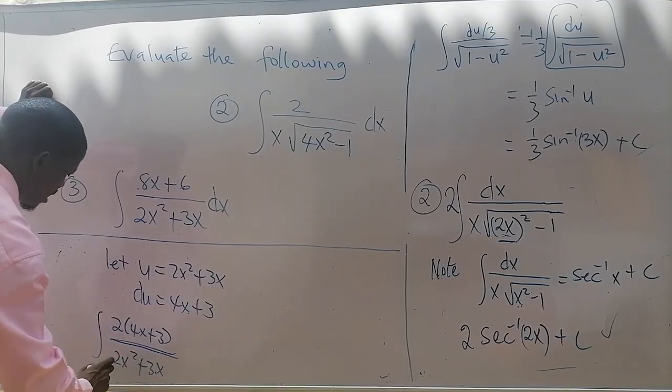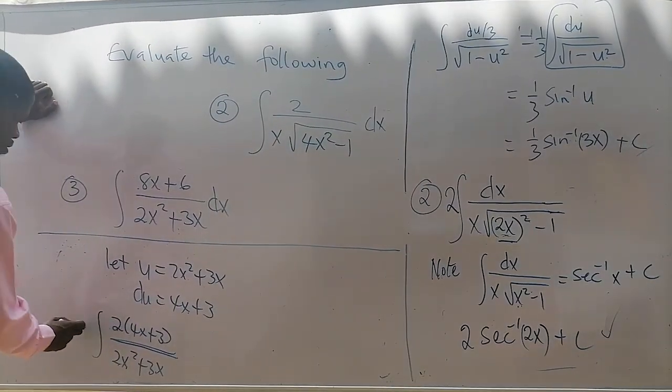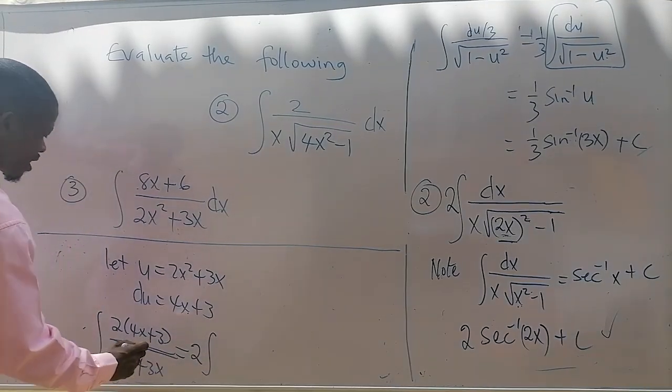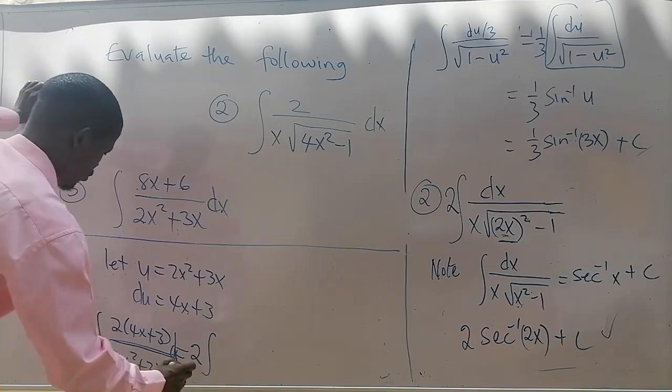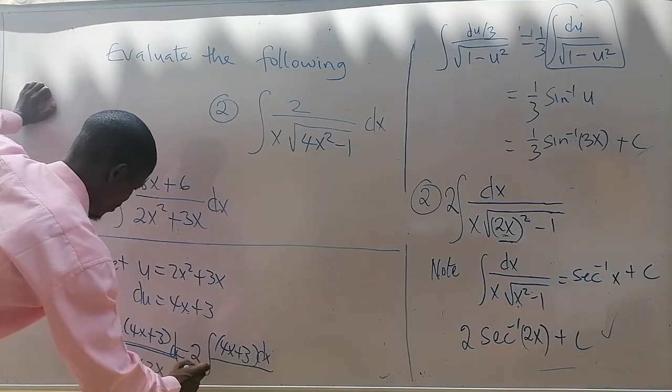Can we take these two outside? If you do, you have this, and don't forget your dx here. 2 times 4x plus 3, and put our dx here,